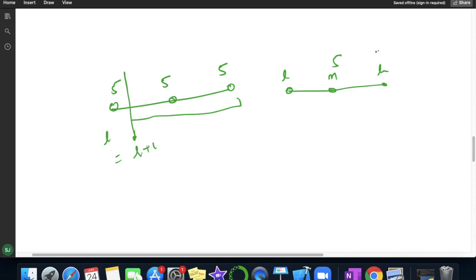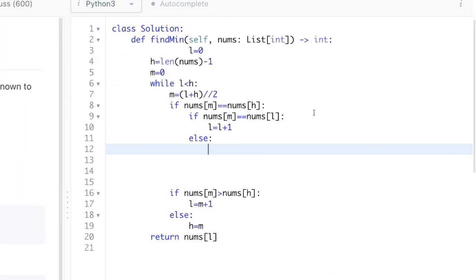This is 5, this is 5, and suppose this is 2. So mid value and high value are equal. So what we have to do, we have to check in this section. So we have to simply move our high to mid. Means our low is this one and high will be this one, which is mid. So my high will be mid.